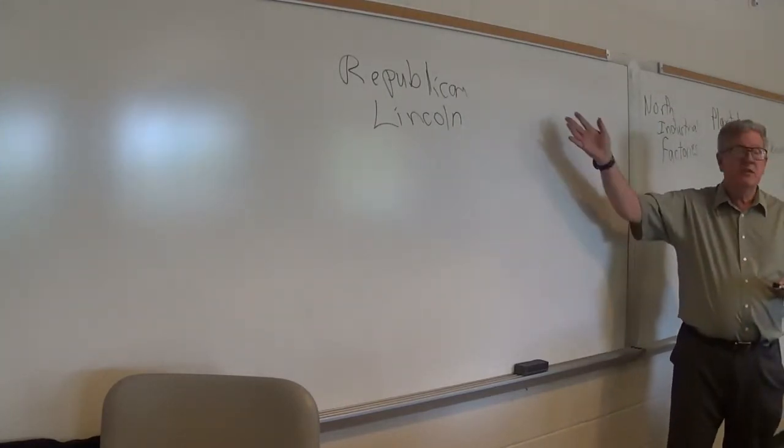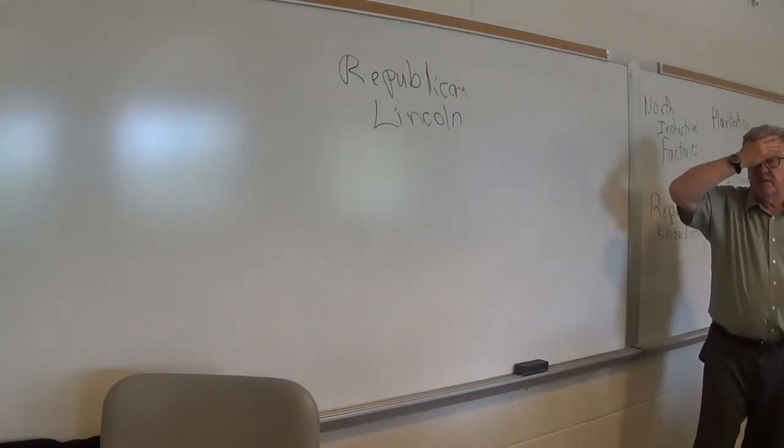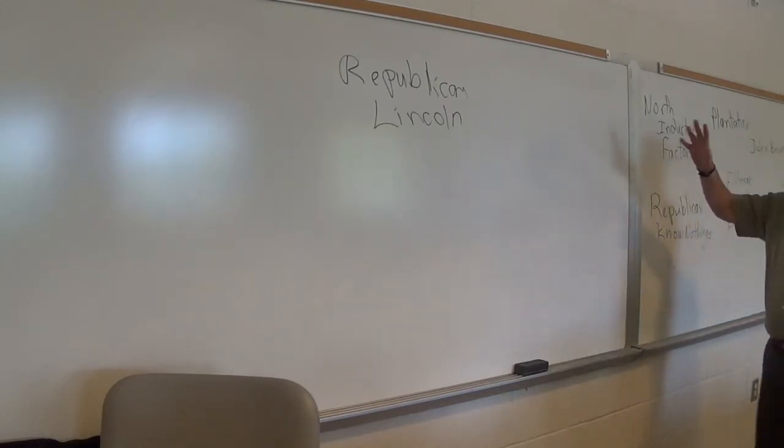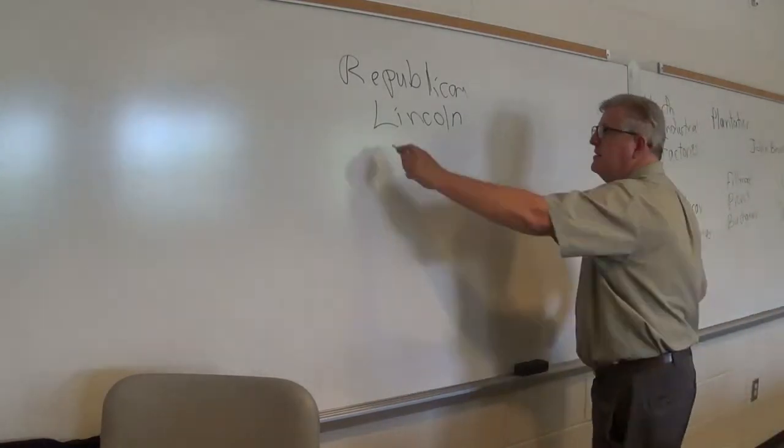The Democrats split their vote. They first went with Douglas, and a bunch of the Southern delegates said, we're not going to have Douglas. So they put up Breckinridge. When the Democrats saw, hey, we're divided, so let's unite, let's pick another man so we can unite behind him. So they picked another man, they could unite the party. Instead, the party became worse than ever. So basically, the Democrats split their vote. Lincoln only got 40% of the popular vote, but